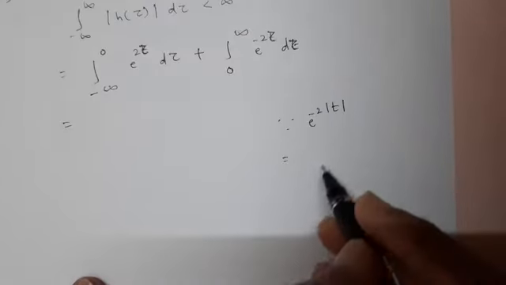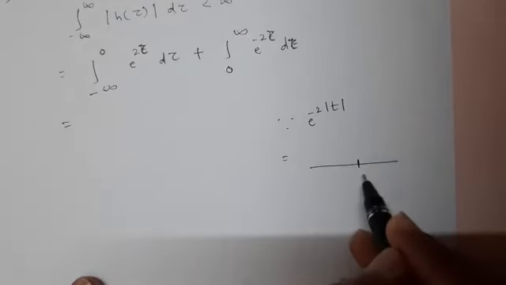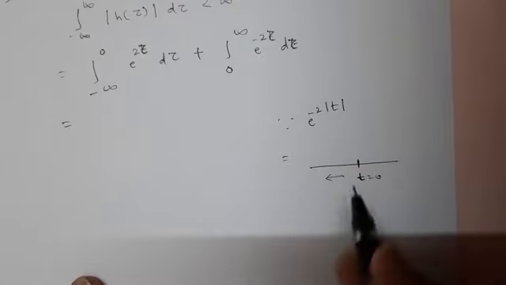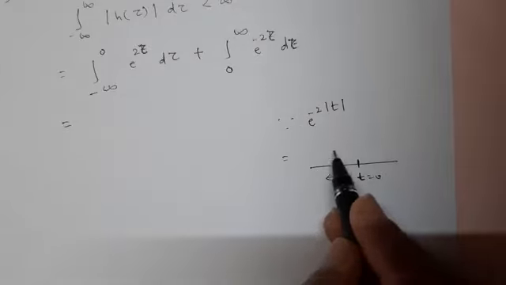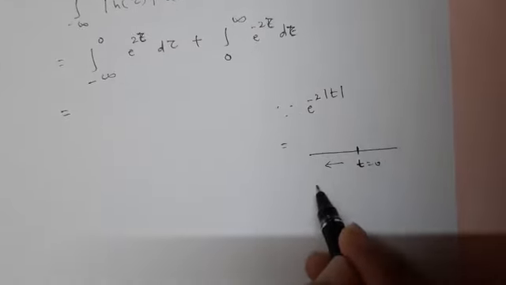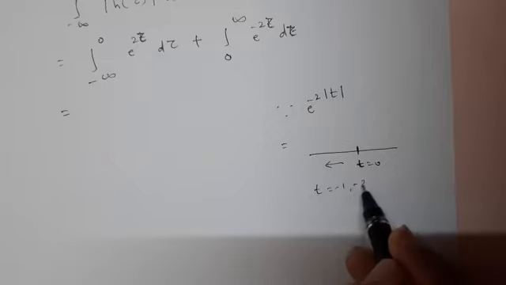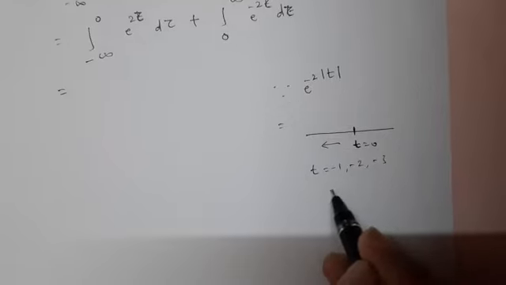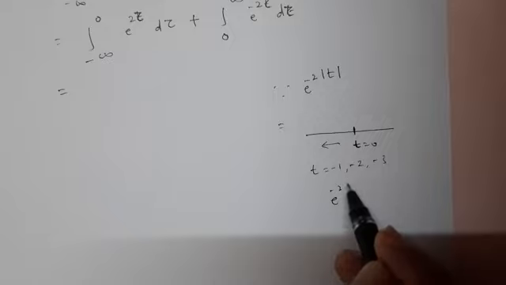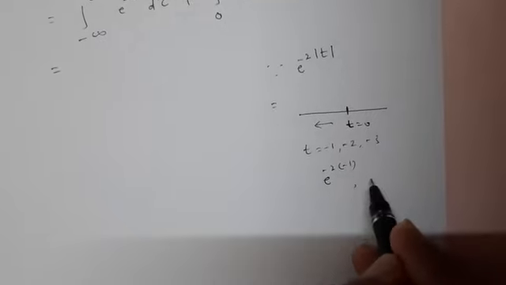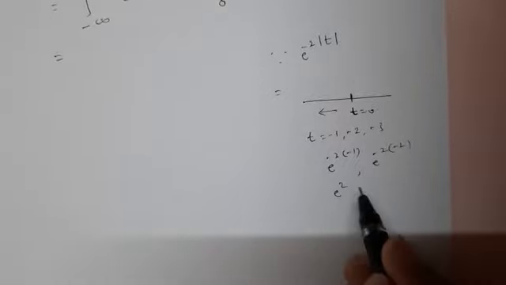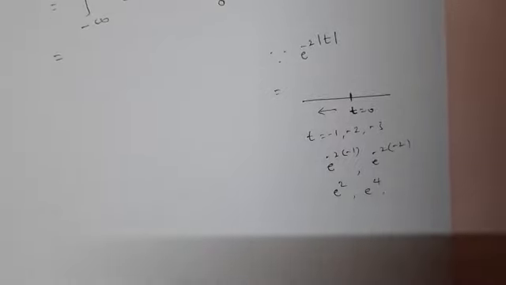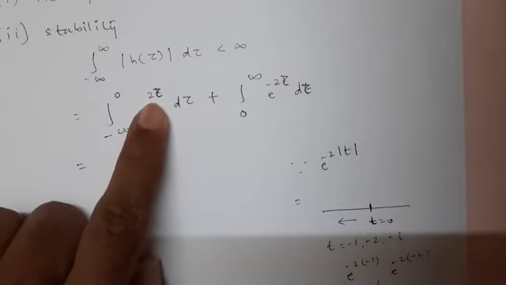So on the left side, for t equal to 0, this is the left side, your values are t equal to minus 1, t equal to minus 2, and so on. If you go on using that, t equal to minus 1, minus 2, minus 3, e to the power minus 2 of minus 1, e to the power minus 2 of minus 2, so what is it? e to the power 2, e to the power 4, and so on, and hence I have written e to the power plus 2 tau.